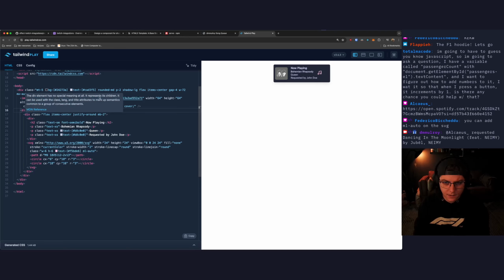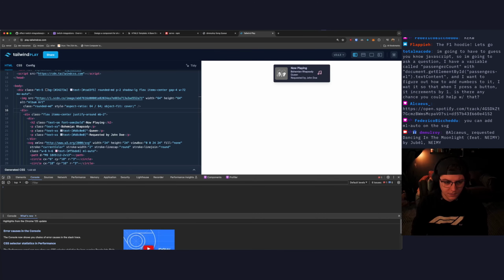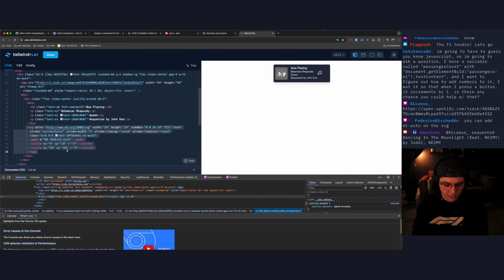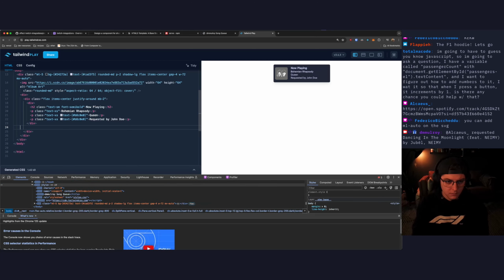Alright, so we have a div there. Hold on. Why don't we just do this the easy way so I can see what I'm looking at here. Alright, we can move the SVG out a div. We can put that there.